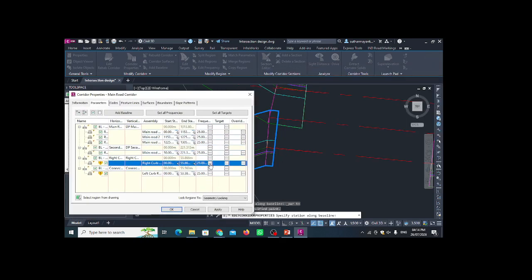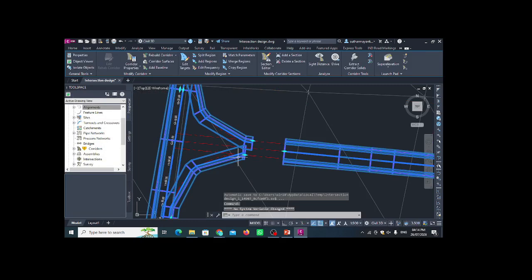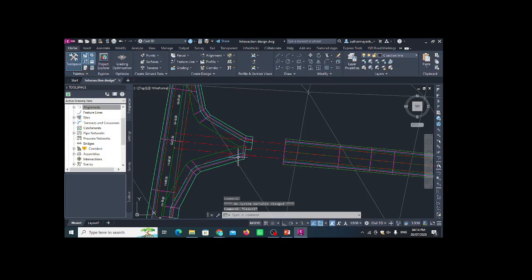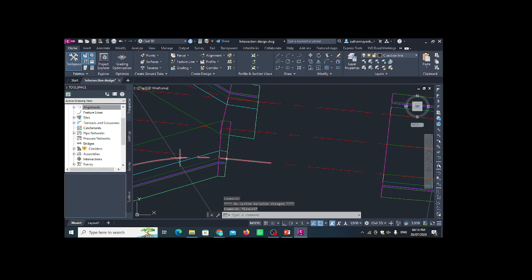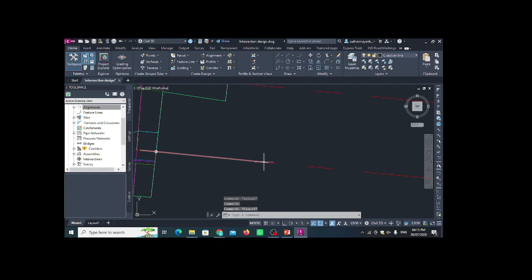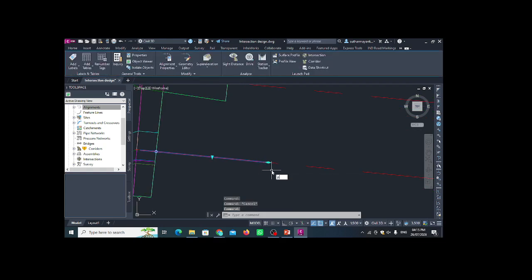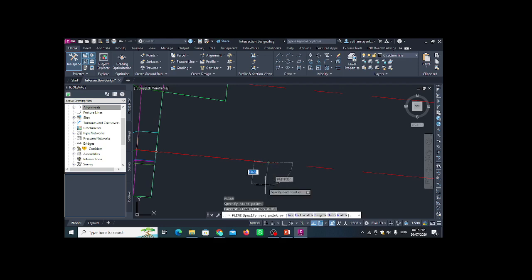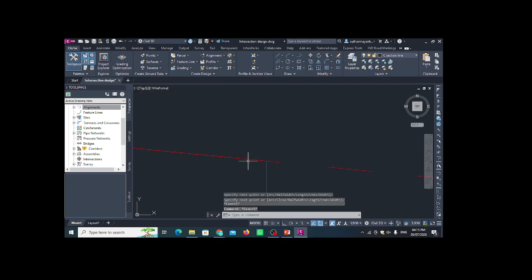Okay, so as you change this, the end station, the thing is changed. But if you can't find the thing properly, what you are going to do? This is at this because we have all in red color. That's why we have problem. So what I am going to do, I give one line here. Okay. So at this point,